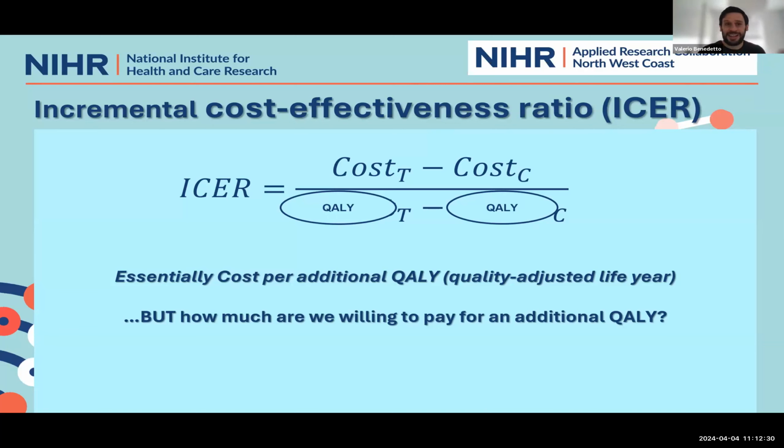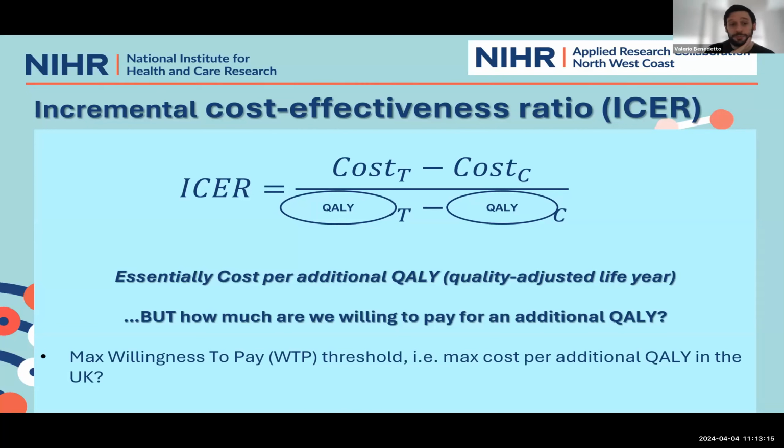Now, if we rely on personal subjectivity, on a personal opinion around the price of a QALY, then we're not following a general rule, and we rely on people's opinions. In the same way that if you buy a computer, 500 quid might be too high for me, but acceptable for you, because we all have different opinions about the value of a computer or an intervention in healthcare. So it's important to have a rule we can follow most of the time in order to decide how much the healthcare system is willing to pay for an additional QALY.